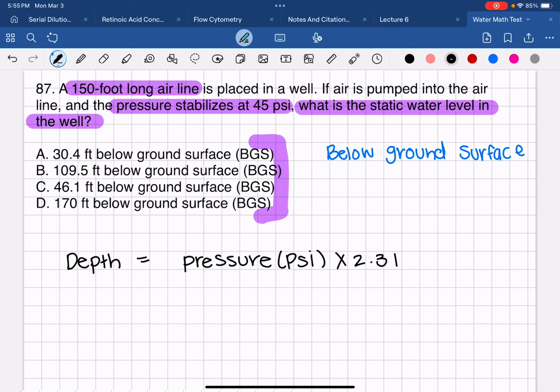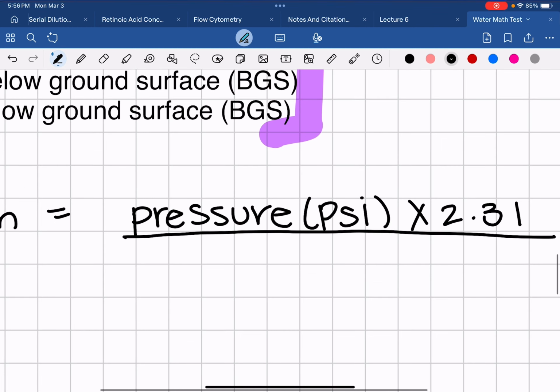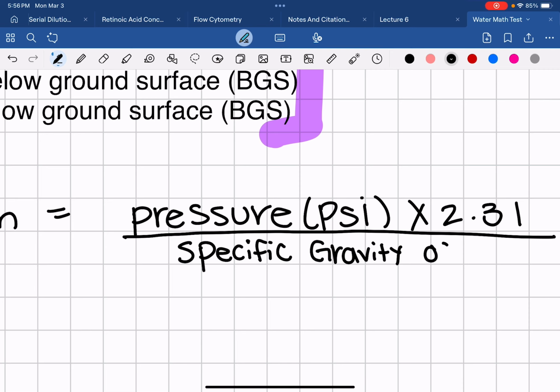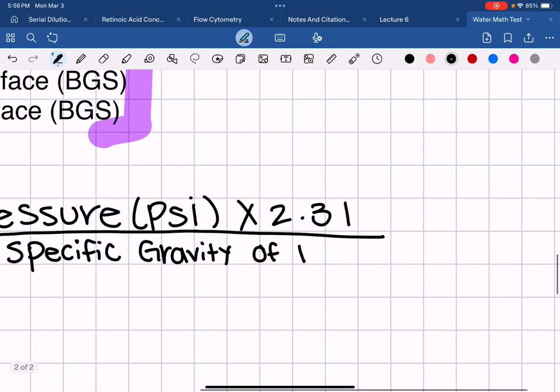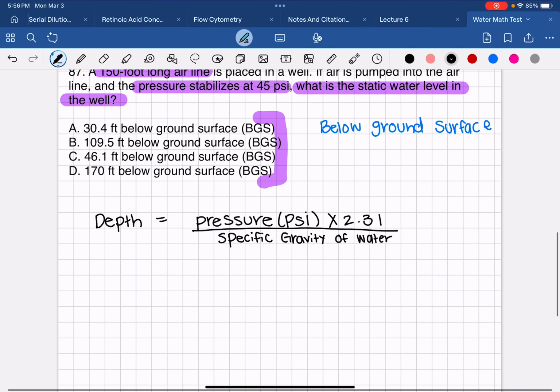So whatever pressure I have, I'm going to multiply that by 2.31 divided by specific gravity of water. Okay, so now that I have this information,